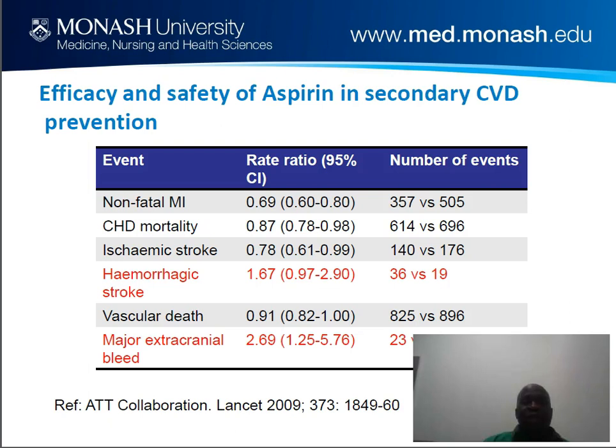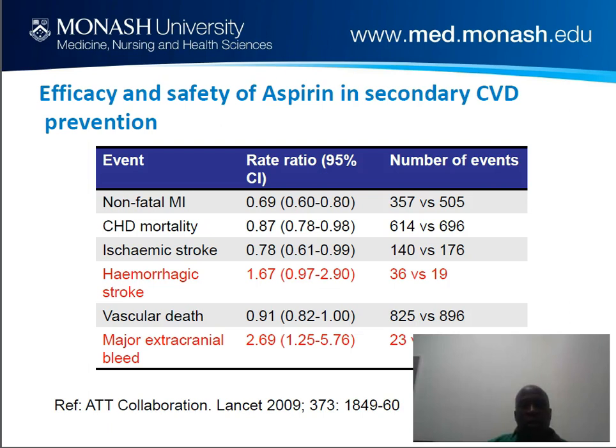Okay, let's look at the efficacy and safety of aspirin in secondary cardiovascular prevention. Here basically we'll look at the cardiovascular disease events and the risk ratios and the numbers. We have non-fatal myocardial infarction, cardiac disease mortality, and we have ischemic stroke, hemorrhagic stroke, vascular death, and major extracranial bleeding. If you look at the risk ratios here, you can see that